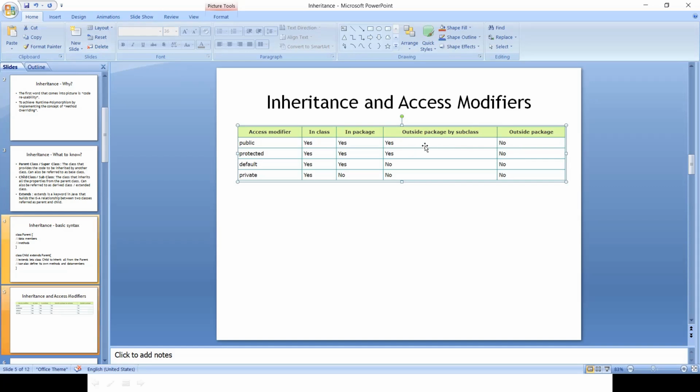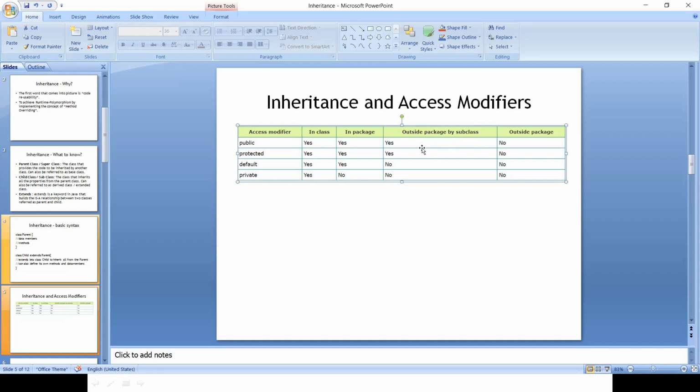Now, what is the difference here? By subclass, what do we know about a subclass? It is extending, right? But here you have to look at this. The extends keyword plays the role here. Class Student extends class Database.